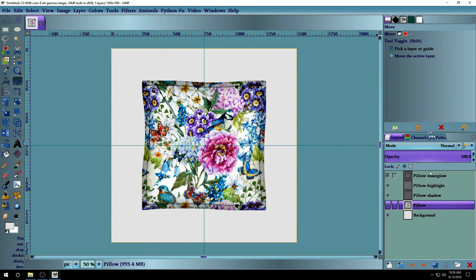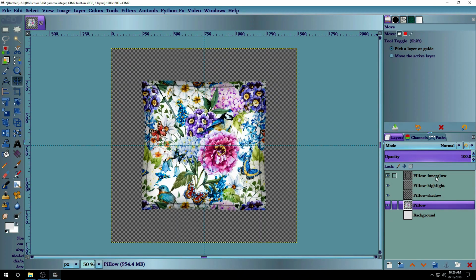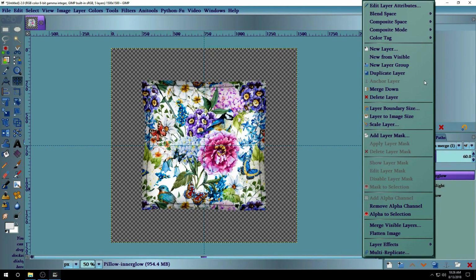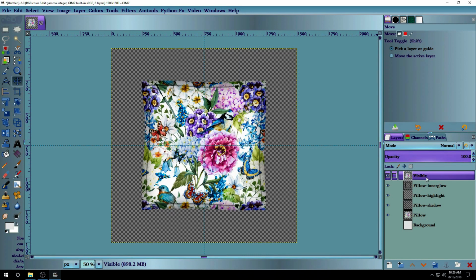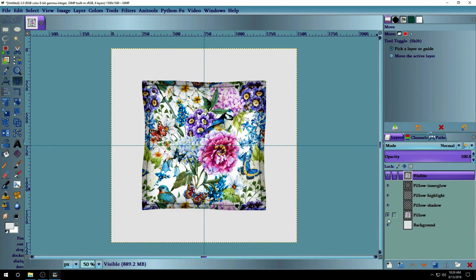We're gonna make it into one. And in order to do that, first you click on the background and make it invisible, and choose the top layer, and right click the layer and choose from the option new from visible, and you have all this effect into one layer, and you can make the background visible back again and make this center between layers invisible,